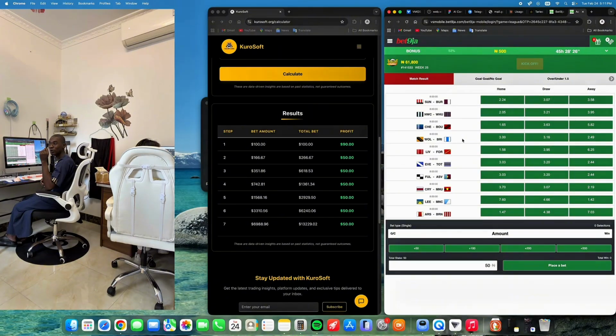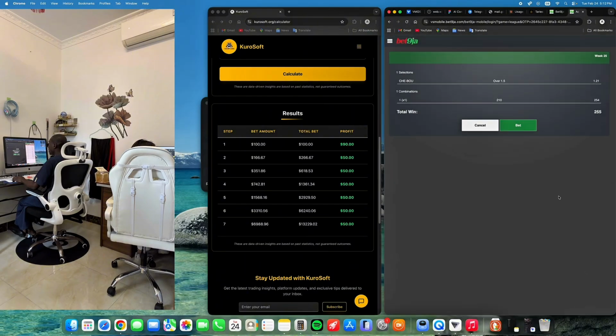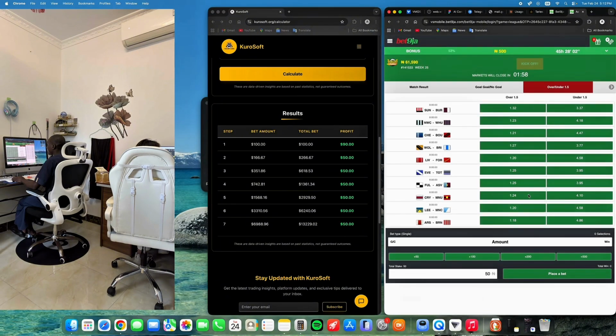Okay, now it's made a win, and I will come again. I shall say, how much we wanted them. We used 166, and we made about 210 naira. So we are going to use 210 naira again. This time, let's take note of how much we'll be winning. If we win, we are winning 255. So I just want to stick to one team.